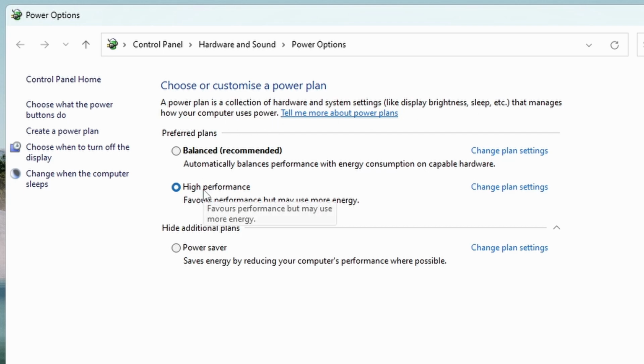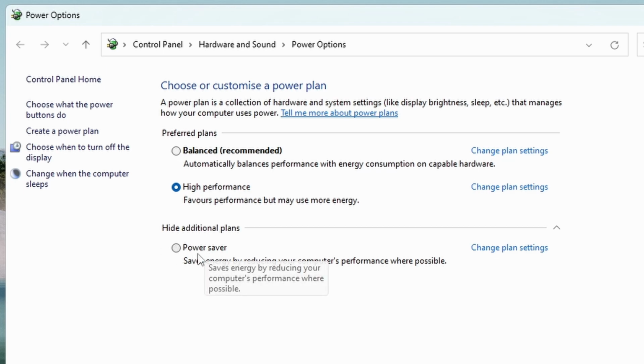I have mine set on high performance, meaning it will use the best performance on my computer because I am editing and also play games on this computer. So it really depends on the use case. For example, I have a laptop. You may want to set it to balanced, because setting it on high performance would use more energy, thus draining your battery faster. For example, if I'm just casually browsing the web, watching videos,